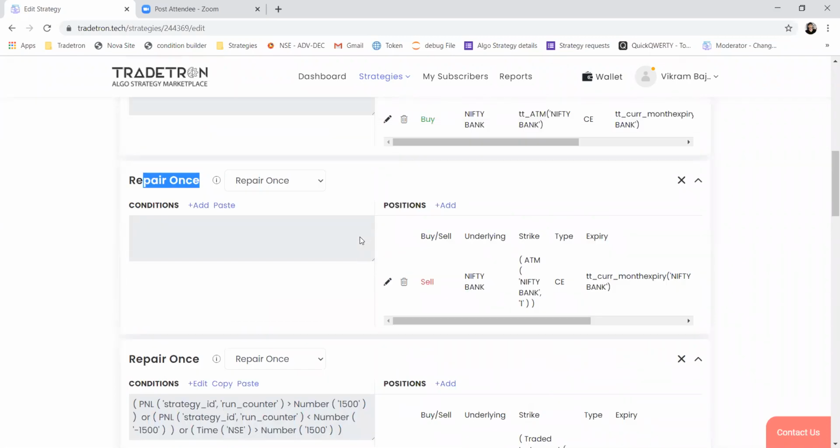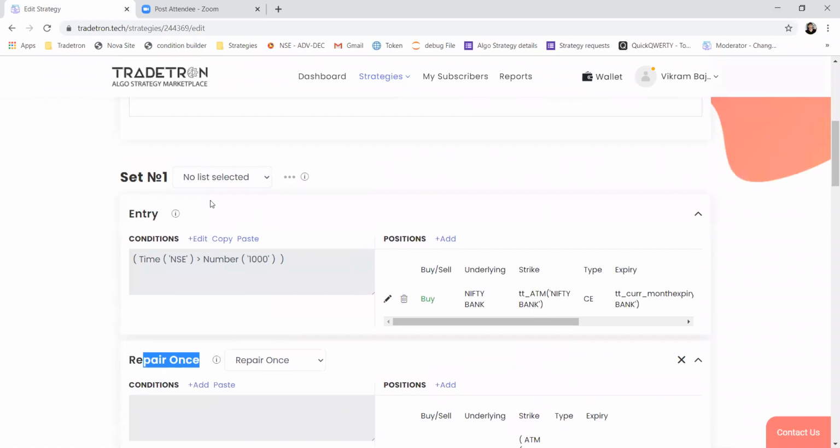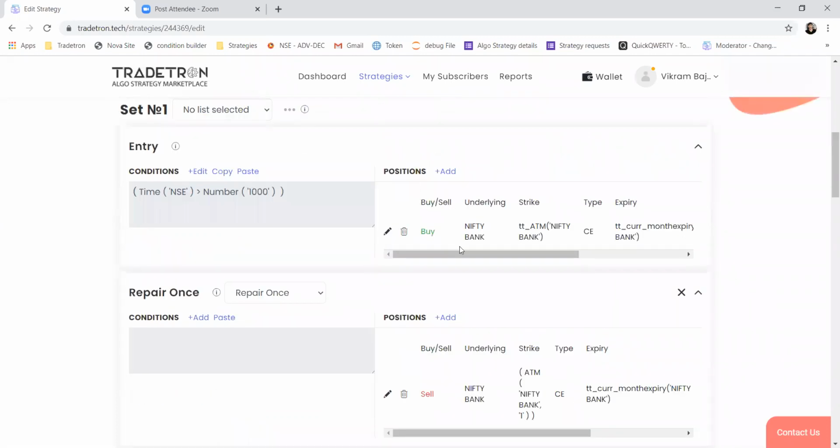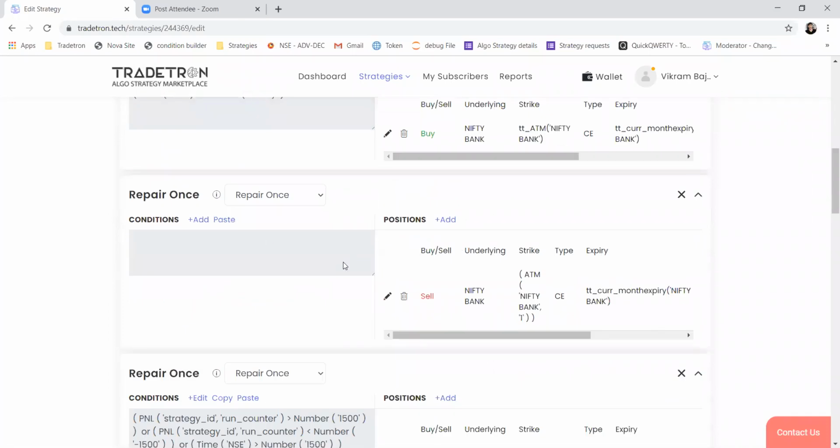So that's why there are some limitations, like you can put SLM or limit orders only in those strategies which have only a single set, and you don't want re-entry in the set. And all the SLM and limit orders can be placed through repair once conditions only. So yeah, you cannot use limit orders for entry, but for exits you can use limit and SLM orders in some cases.